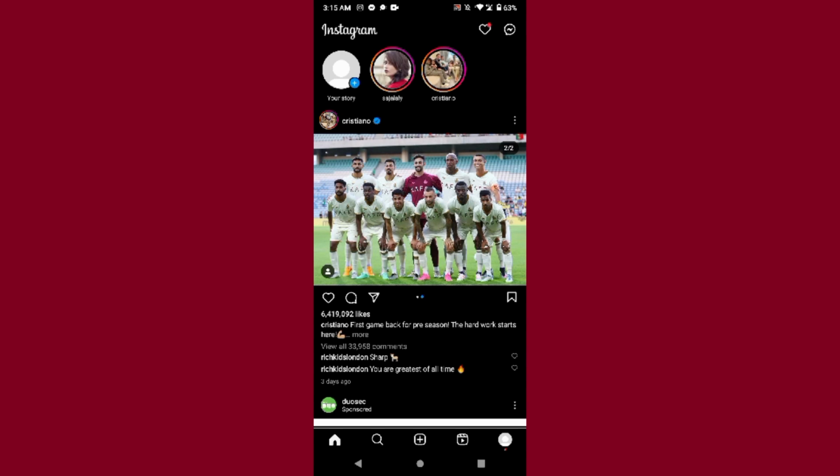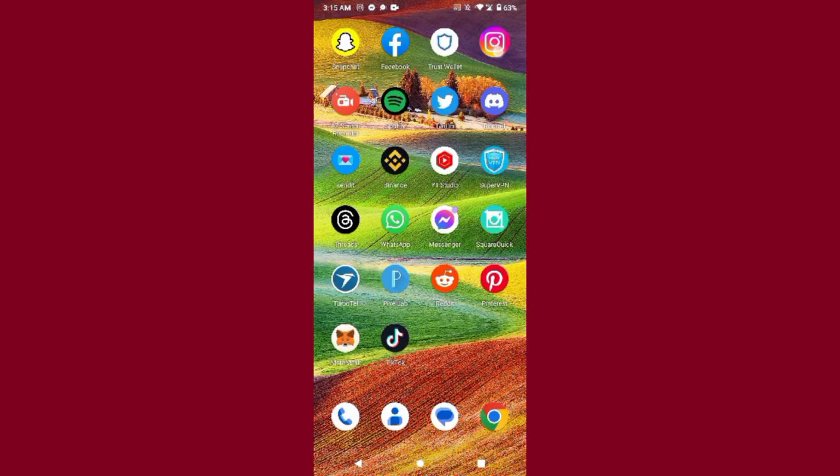First of all, make sure your device is connected to the internet. If you are using Wi-Fi, the Wi-Fi must have internet, or if you are using mobile data, you must have the internet package. Moreover, if you have both, you have to go back and tap a while on the Instagram